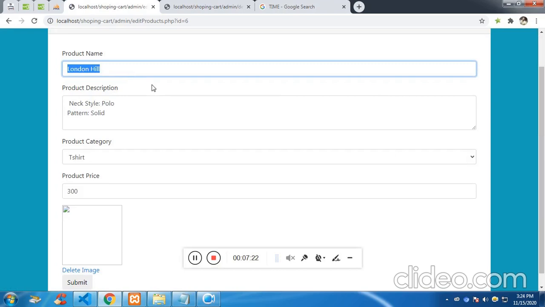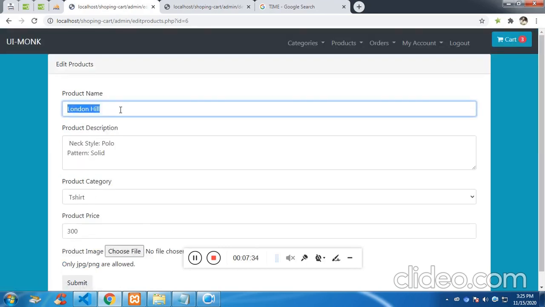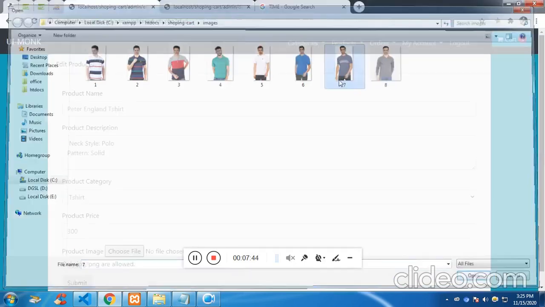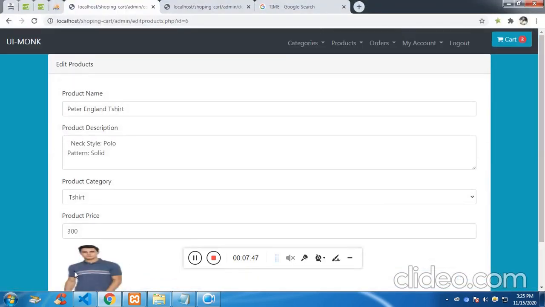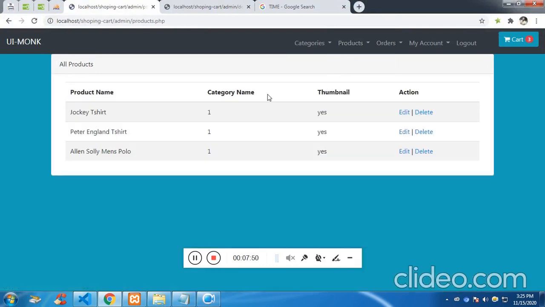Now let me make this as one more name. The other brand is Peter England. Let me add an image. Choose the file. Let's have this guy. Click on submit. View products. Now we have jockey, we have Peter England, we have Alan Solly. All of them are editable. So at present we have three